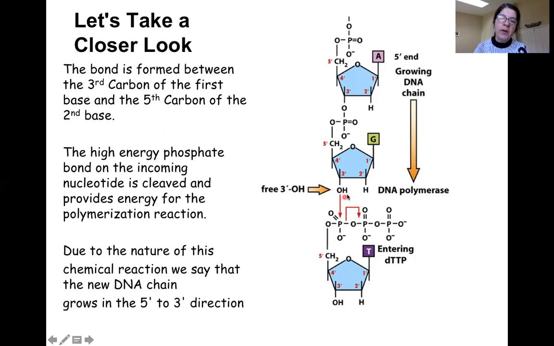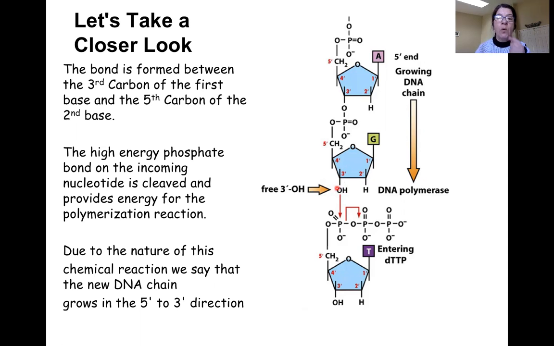So the hydroxyl group of this nucleotide, which is attached to the 3rd carbon in the sugar, is going to form a link with the phosphate group, and the phosphate group is attached to the 5th carbon of the sugar. So the sugar has a phosphate group attached to the 5th carbon. That phosphate group is going to form a bond with a hydroxyl group that is present on the 3' end of the sugar, on the 3rd carbon,